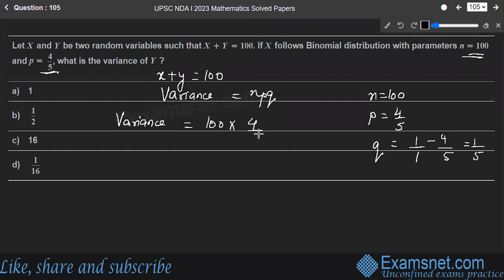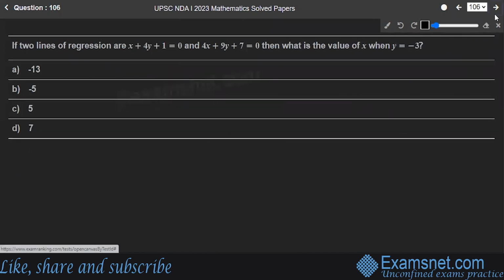100, multiply 4 by 5, multiply 1 by 5, which is equal to 25, 4, 16. So we have option C as the answer. Hope you got that. Next is question number